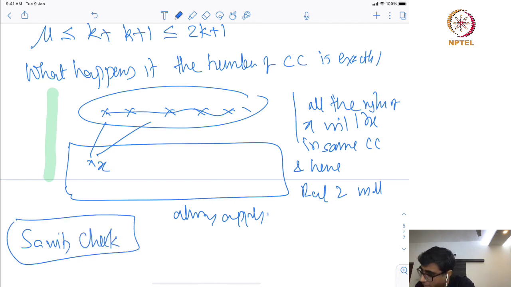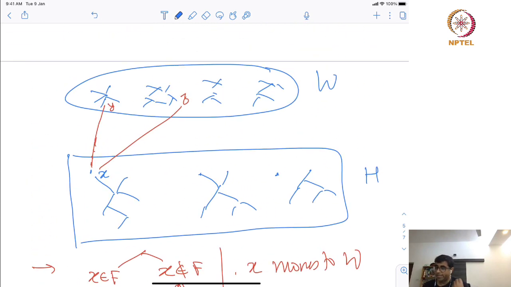A natural question that arises is: fine, it's great that we are making progress when the number of connected components is decreasing. But what happens when the number of connected components does not decrease? The moment you reach that stage of the algorithm, you can solve the problem in polynomial time just by applying reduction rules 1, 2 and 3. Either reduction rule 1 applies because you can remove degree 1 vertices and W finishes, then you have an empty solution, or every time, because there is only one connected component, right.